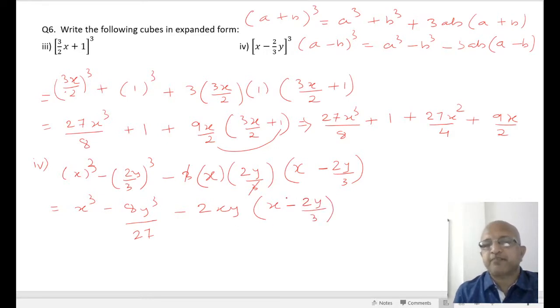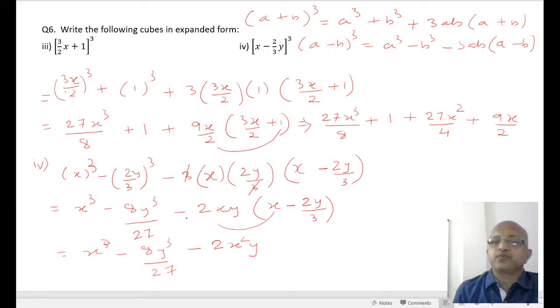Now let us multiply this. So here we have x cube, this is cube, 8y cube upon 27. Now see, multiply this into this. So x into x, and see outside is a minus. So minus 2x square y. Now when outside is a minus, inner sign will get changed. So this is plus. And what happened? 2 2s are 4x, y into y is y square upon 3. So this is the answer.